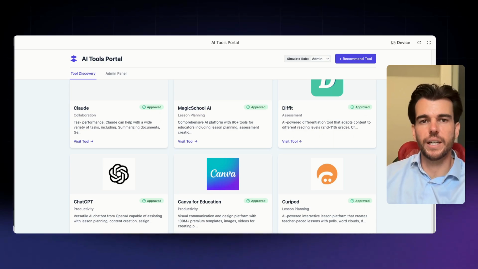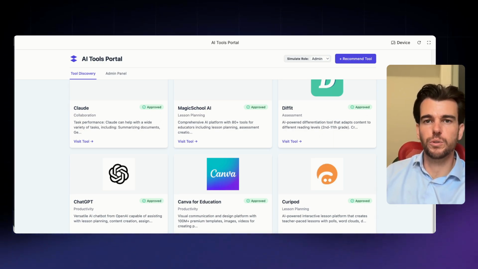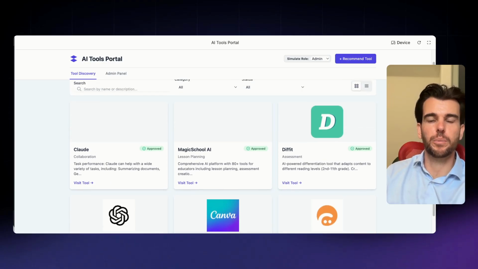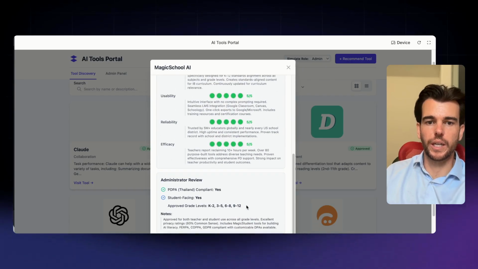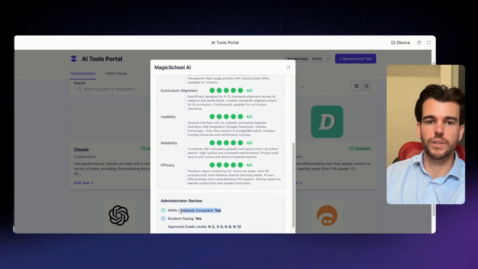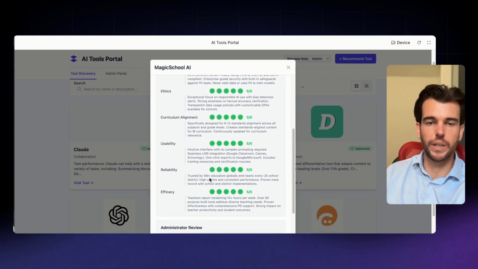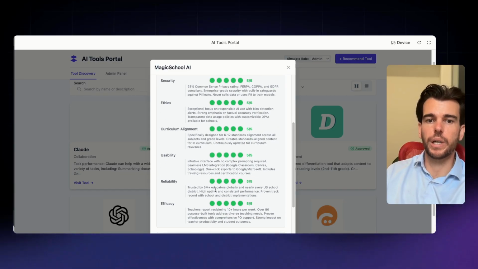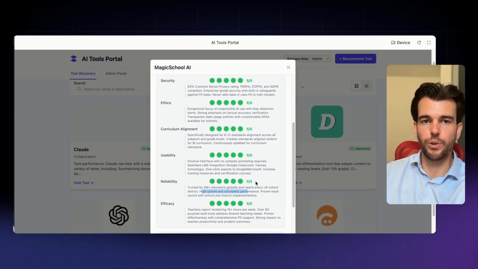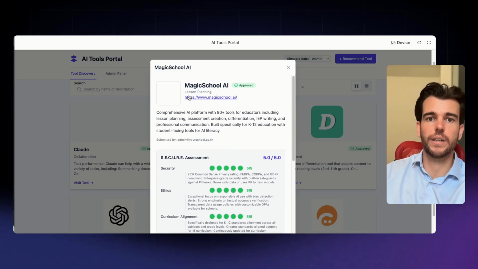I've just spent the last hour vibe coding this AI tools portal for my team here at my school. We wanted to have a list of approved tools, and not-approved tools, based on our requirements for Thailand. For example, we wanted to have age ranges. We want to see if it's PDPA, which is data compliance. We want to run it through our secure assessment frameworks and make sure we've got actually proven ethical use cases for our AI. And we want to have a quick action for the teachers that can go out to those